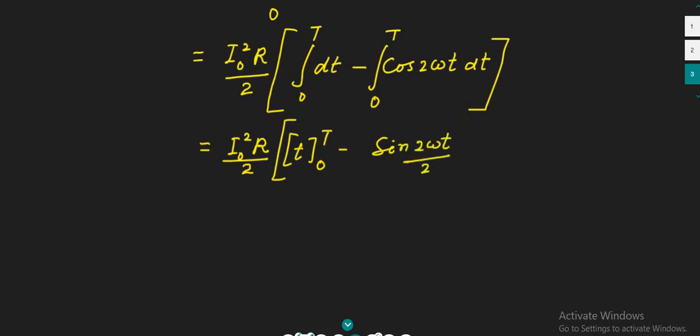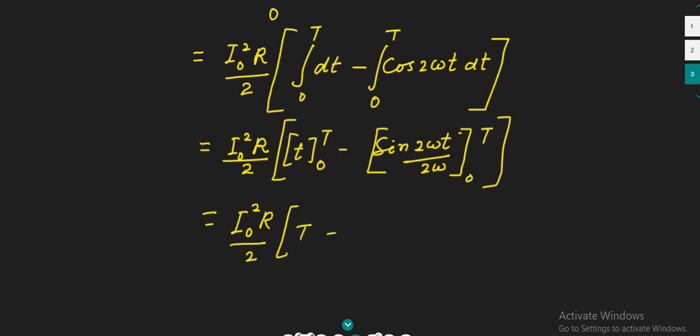And next, the integration of cos 2 omega t is sin 2 omega t by 2, and integrate this once again from 0 to T. I naught square R by 2, and when you put the limit 0 to T, that means T minus 0, you can write directly here T minus, and you can take 1 by 2 omega in common from sin 2 omega t by 2 omega,